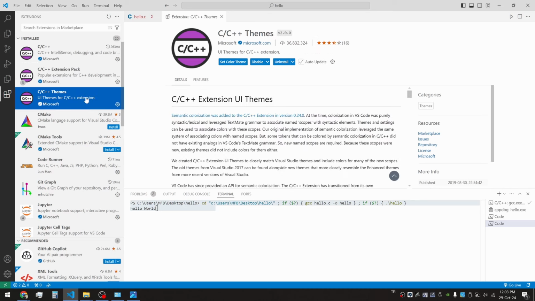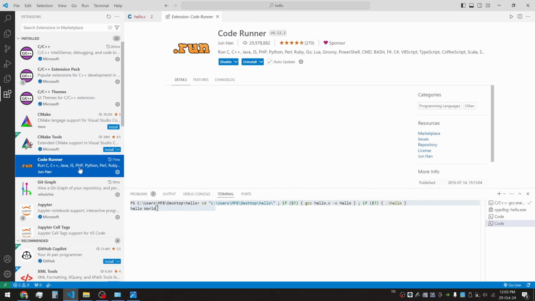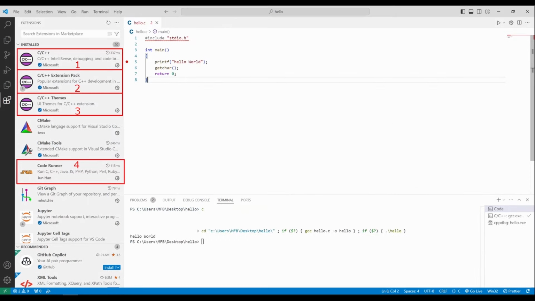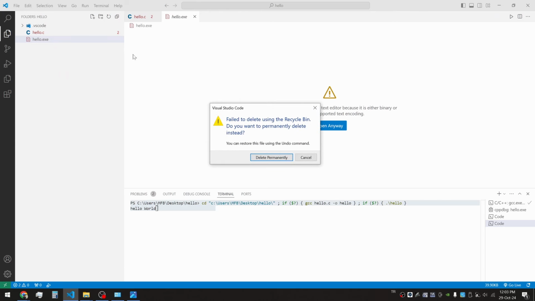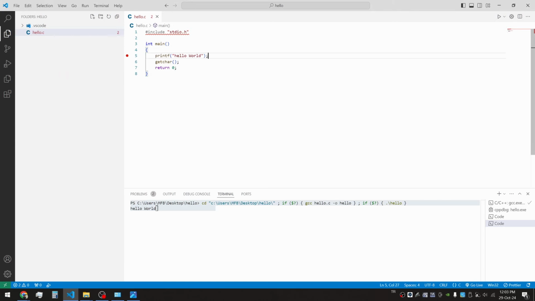If the extensions I mentioned are installed, we can now do the compile process on the VS Code side. Before compiling, I delete the compiled files to see if we can actually compile.